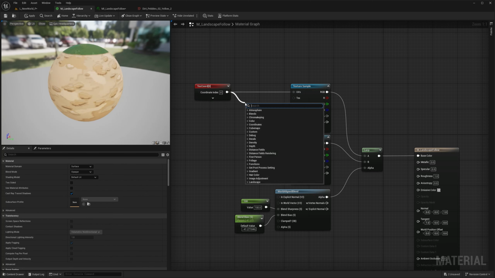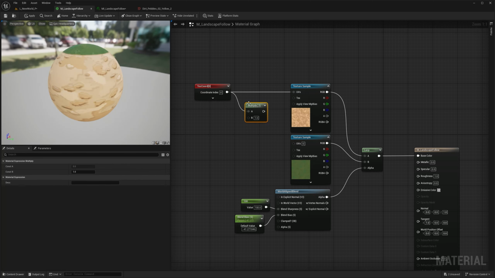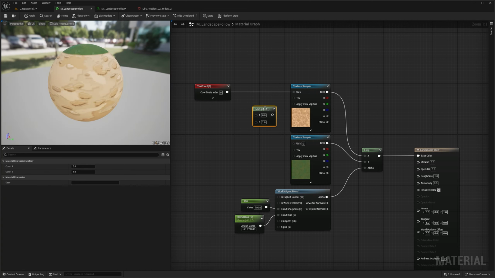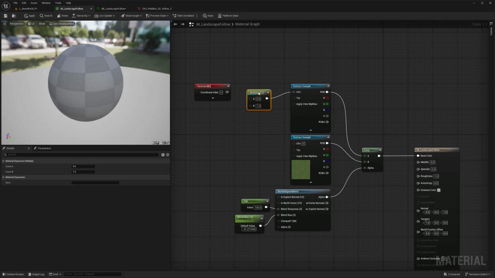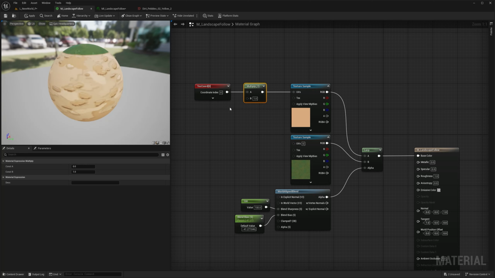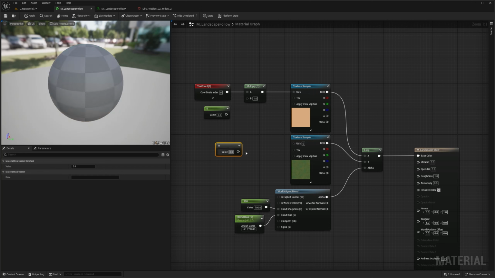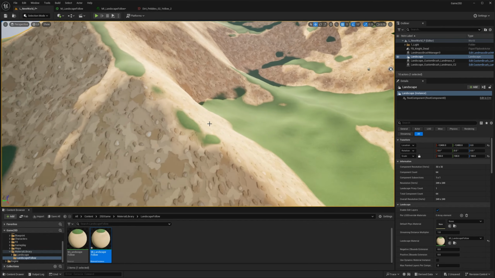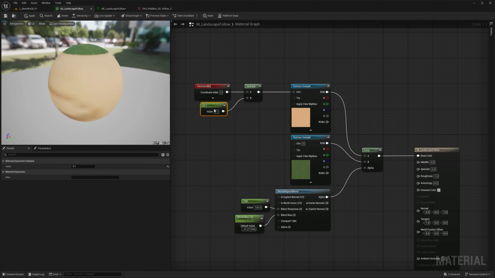So if I just go here and type multiply, or if I just hold M and left click, I'm going to create a multiply node. And remember, Ctrl click and drag to rearrange the order. By just doing this, I can go to this thing here, hold 1, and click with the left mouse, just to be clear. If you multiply anything by 0, the value is going to be 0. But if I multiply by 0.1, it's going to have essentially the same effect that it just had a second ago. But the difference is this thing here is a constant 1, a single piece of information.